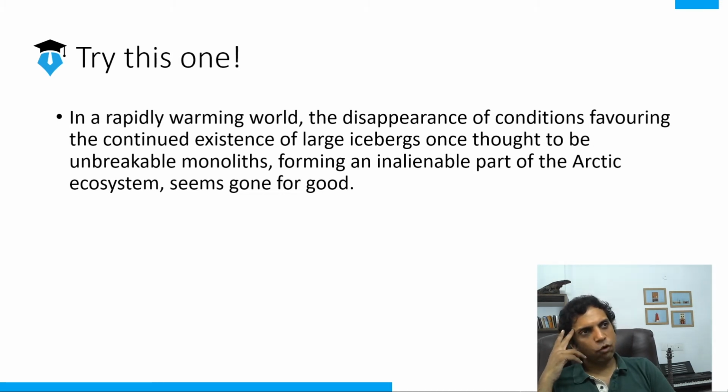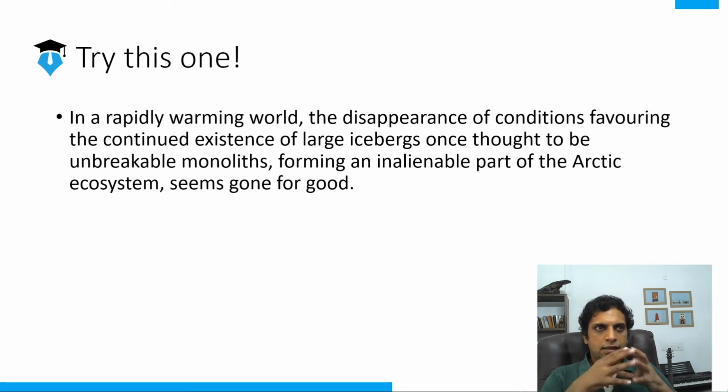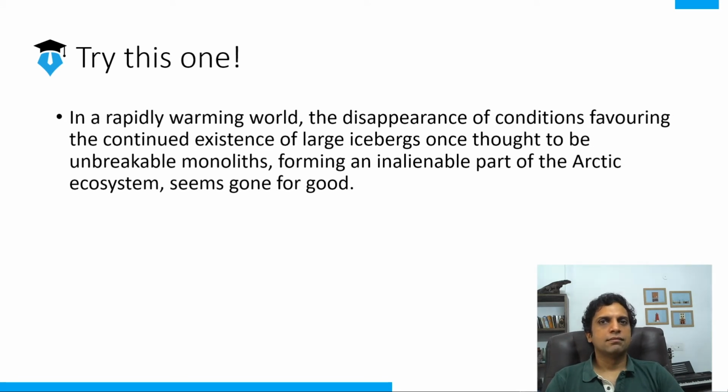In a rapidly warming world, the disappearance of conditions favoring the continued existence of large icebergs, once thought to be unbreakable monoliths, forming an inalienable part of the Arctic ecosystem, seems gone for good. That's a long one. How do you simplify this? Have you noticed that it's full of modifiers? So basically, like we discussed,